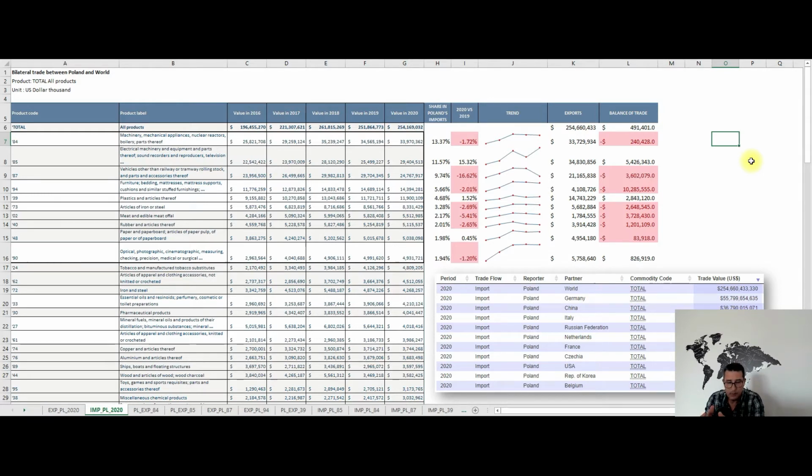while in terms of variability, 2020 was not a great year in terms of imports, as we can see a lot of red here, except chapter 85, who had more than 15% increase in its imports. We see again chapter 39 and chapter 48 to cover only the top 10 performing import sectors,